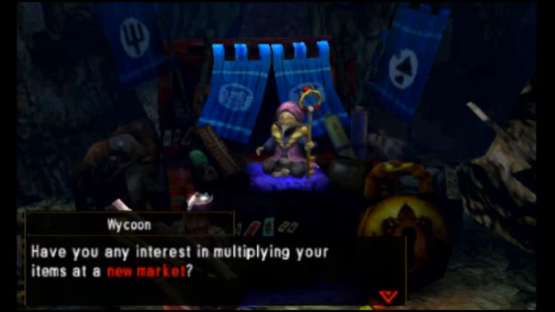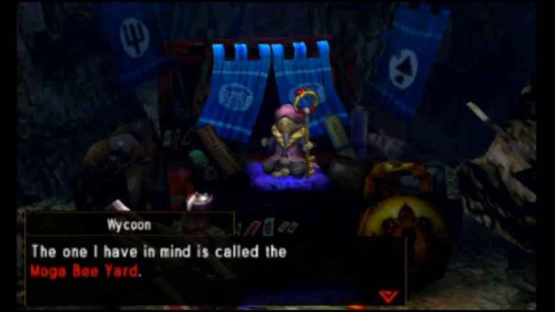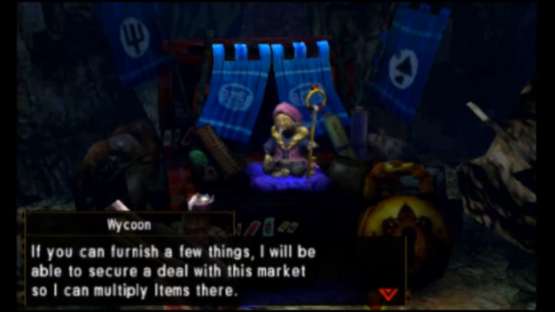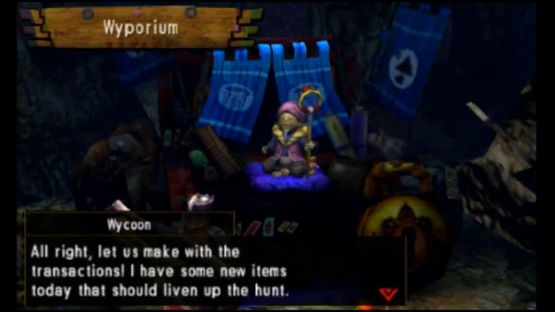Okay. Have you any interest in multiplying your items at a new market? The one I have in mind is called the Mega Bee Yard. It is a vibrant establishment where one can obtain honey and insects. If you can furnish a few things, I will be able to secure a deal with this market and I can multiply items there. Check the villager requests if you want to know all about the sweet deals. I am counting on you. Alright, let us make with the transactions. I have some new items today that...